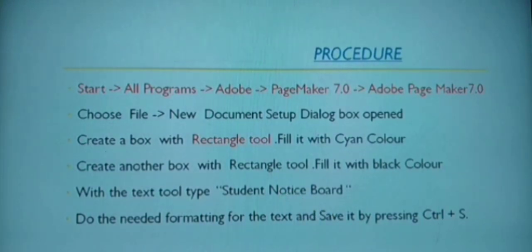And just by pressing Ctrl+S you are going to save this document. Students, now I am going to instruct you on how to write your computer application record. So this is your first page, leave this one. Next it is your index page, leave this also. Next leave this page also. Then you are going to start right from here.